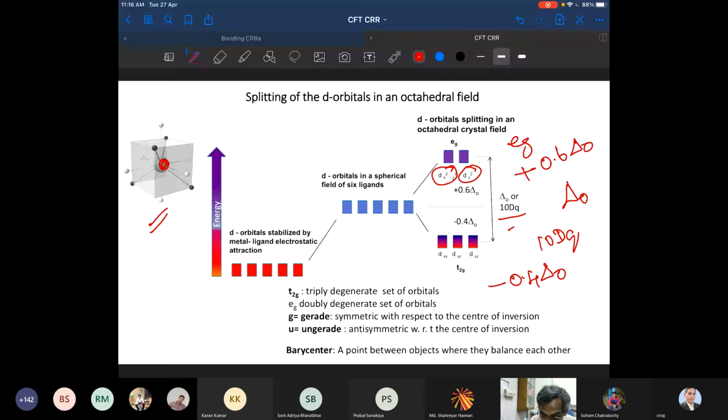I mean the splitting of the orbital, and then the orbital that is along the axis rises in energy. On the other hand, in between the axis, the energy is a little less. As a result, what we have drawn here is the T2g orbital, right? I hope you understand. This energy gap is measured from the barycenter, with 0.6 del O and minus 0.4 del O. This is very important when we are calculating the crystal field stabilization energy, right? So we'll come to that.